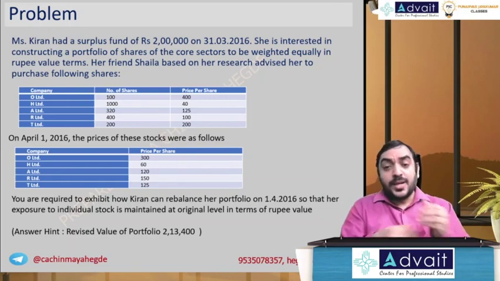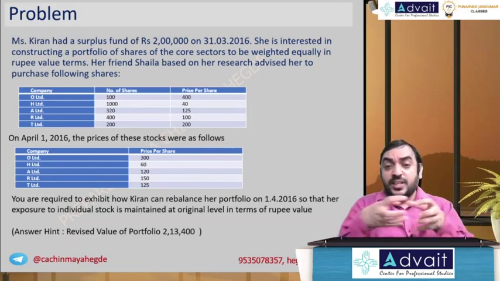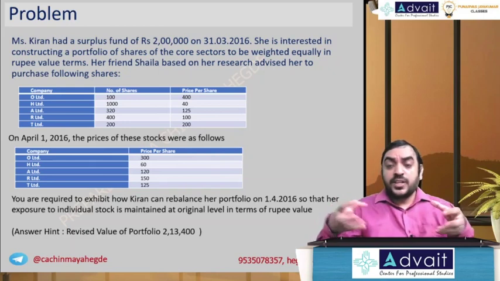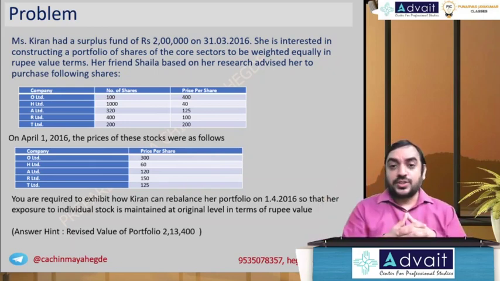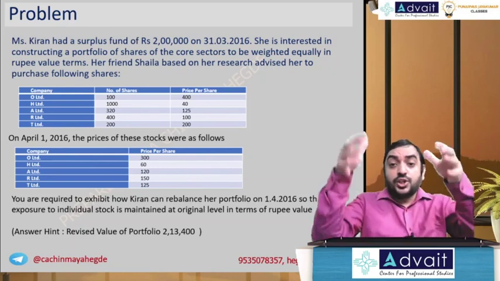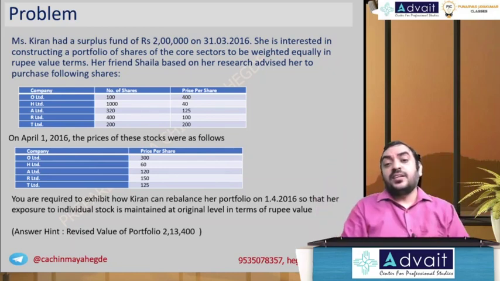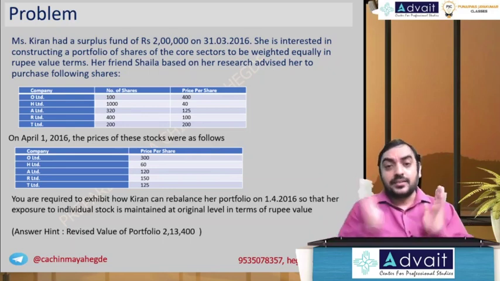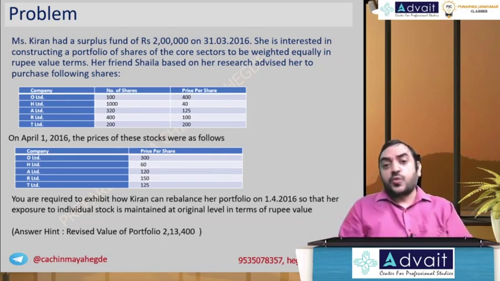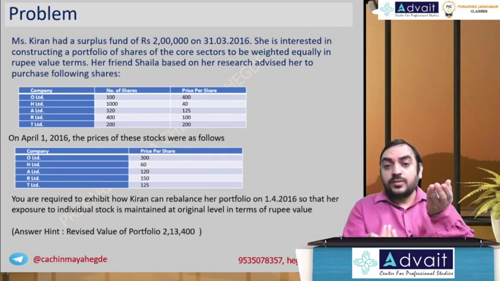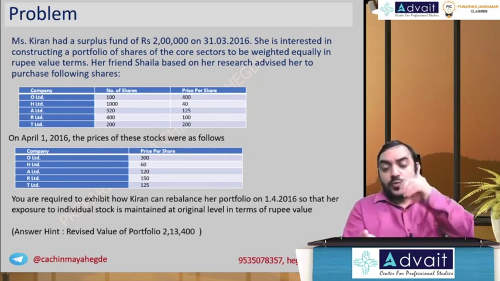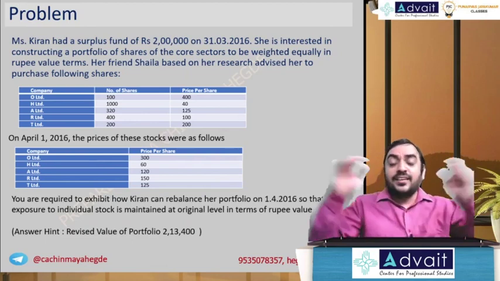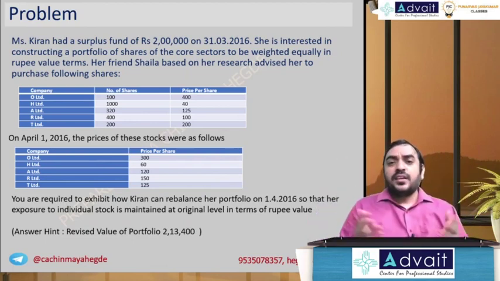But subsequently, because of fluctuation in the market price, the value of investment will not remain the same, due to which the weights also will change. So when the weights change, you have to come back and keep the equal weights again. Realignment. In simple words, realignment is portfolio rebalancing. So some stock would have gone up, some stock would have come down. So whatever excess amount, you take it out, and whatever shortage amount, you keep it, so that again equal amount can be maintained. In real life, it need not be equal weightage every time.